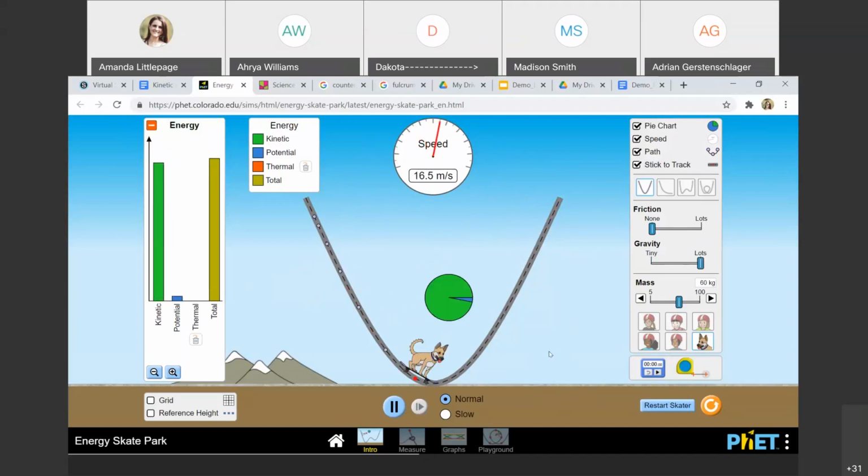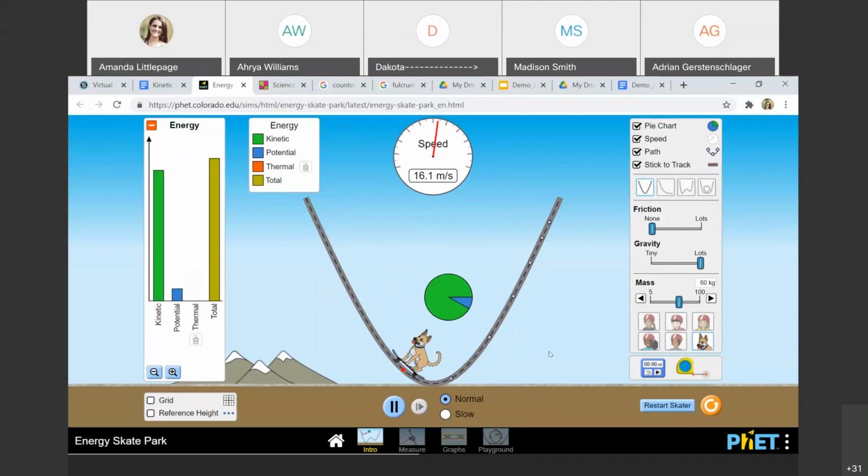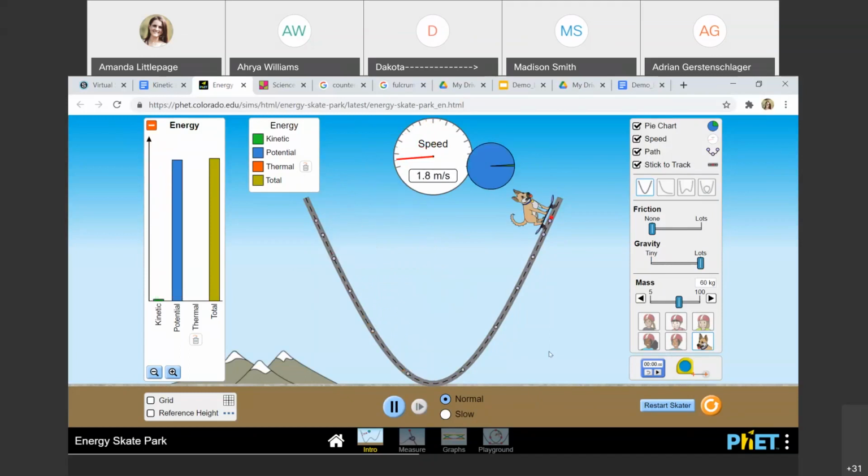Okay, so this is kind of a good example to show the relationship. So this poor dog on a skateboard is experiencing 0 friction and really high gravity. So obviously when I did this, it changed his speed quite a bit. And you can see the relationship between kinetic and potential energy. Now that I've done that,